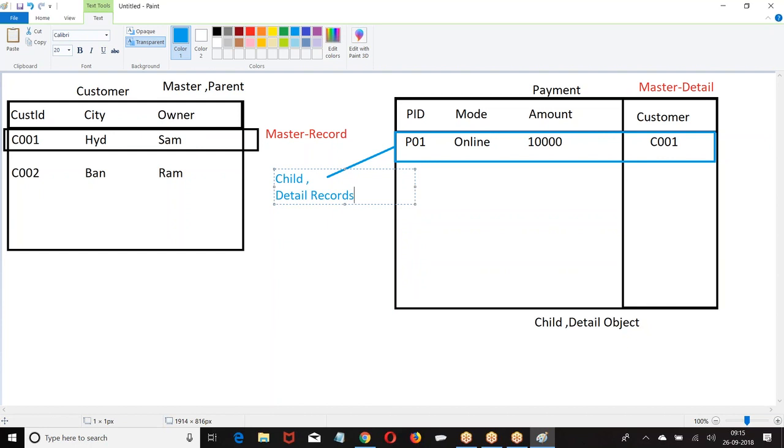Are you getting my point? Master object, child object. Master record, child record.